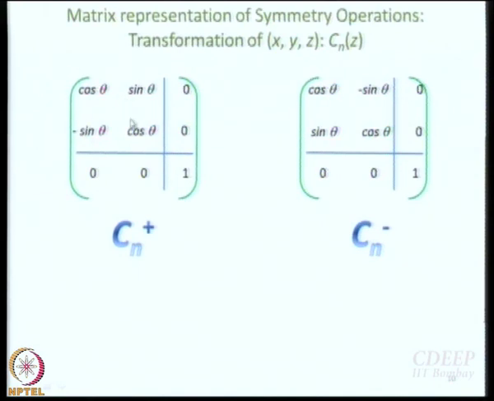Why do I call it a 2 dimensional representation? Because the off diagonal elements are not 0, okay, block diagonal elements are not 0. So, I call it a 2 dimensional representation. Another way of thinking is, what is the basis here? x and y, right. How many elements are there? 2, one is x, the other is y. So, the dimensionality of the basis also defines the dimensionality of the representation.